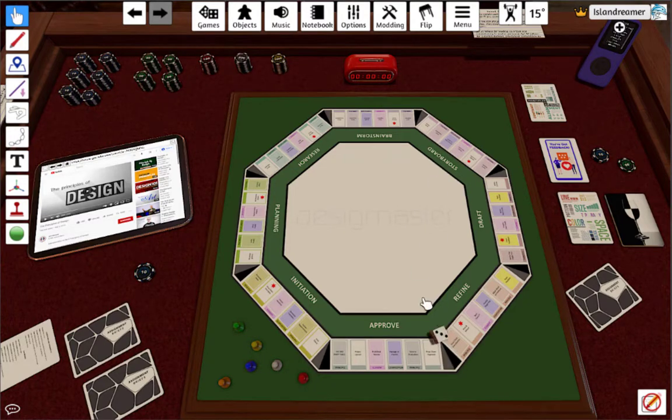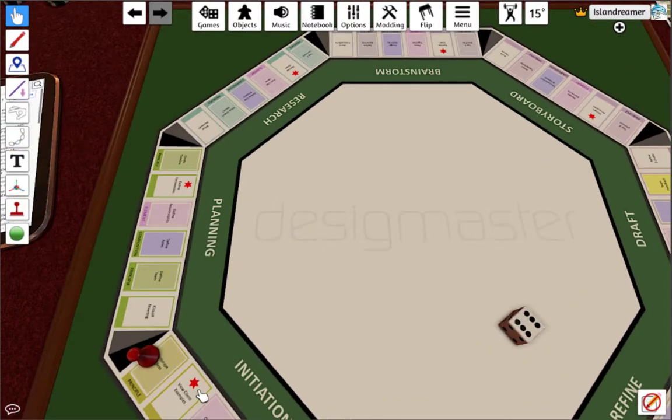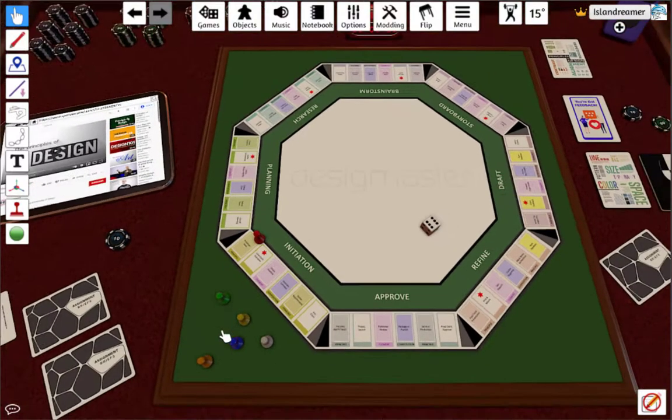I'll roll the die, and I got a 6. So I move all the way down to the last place in the initiation phase. At this point, I can zoom in, and I'm on a principal space, and I need to read aloud the task, prototype ideas, in the initiation phase. And if I don't read that out loud, I forfeit my 20 tokens. So I pick up 20 tokens,